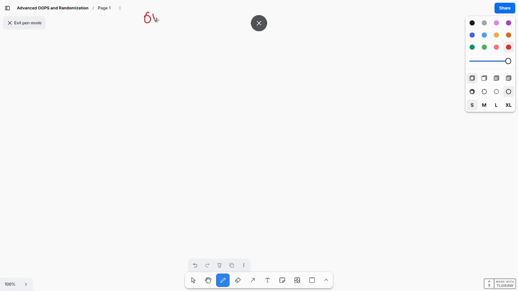So, overriding methods. Overriding methods, we can call them tasks. Overriding method or task. Okay. Suppose, for example, if you take